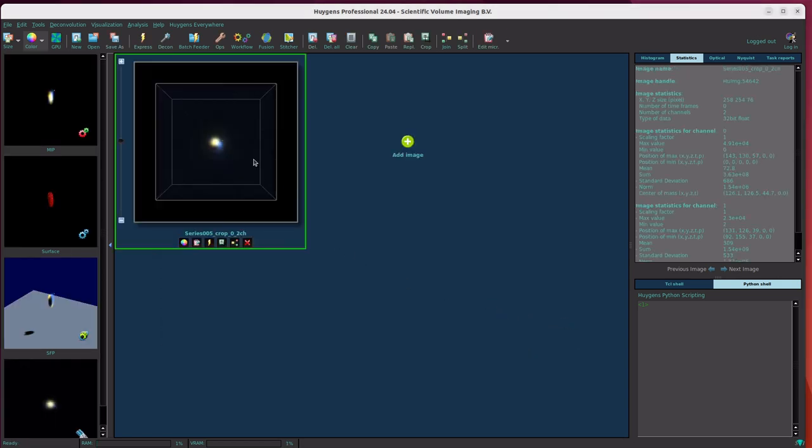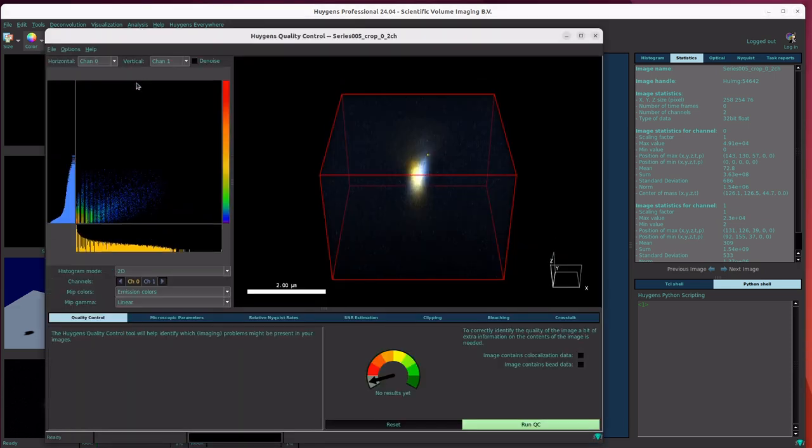And this bead image I cropped to 2 channels. Normally it would be 4, but that would take a bit too much time for the demo. So again, this bead image also needs the experimental options. I check here that this is bead data, so I'll put some a priori knowledge in, and also the size of the bead, which is 170 nanometers. And if we now run the quality control,